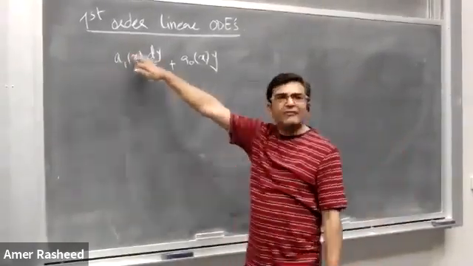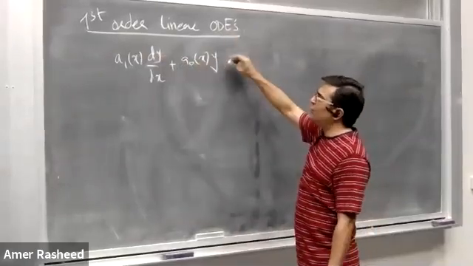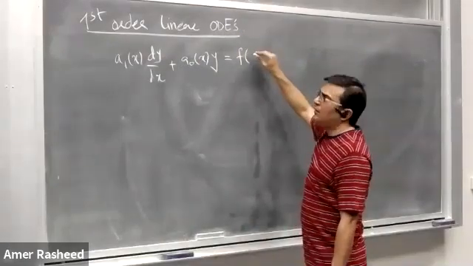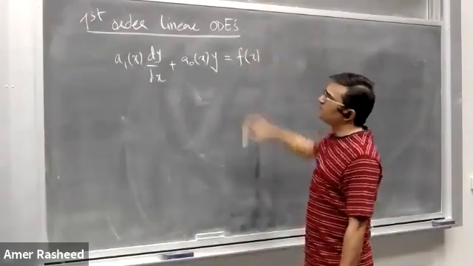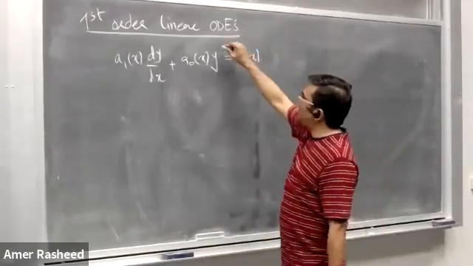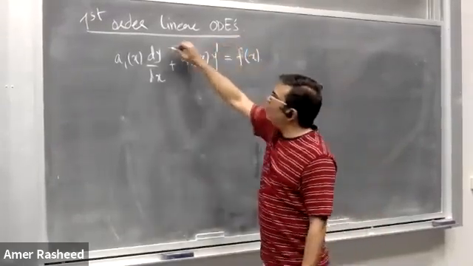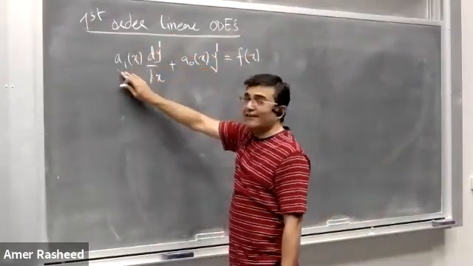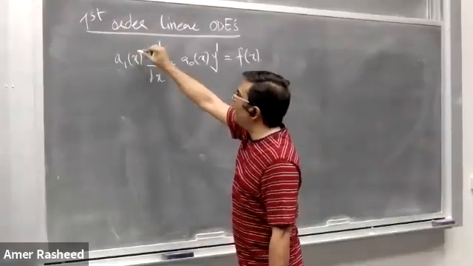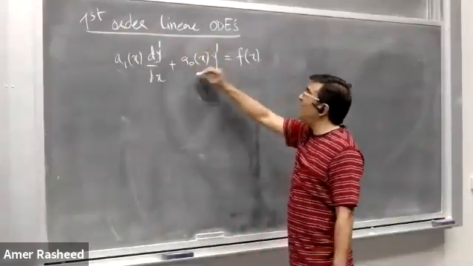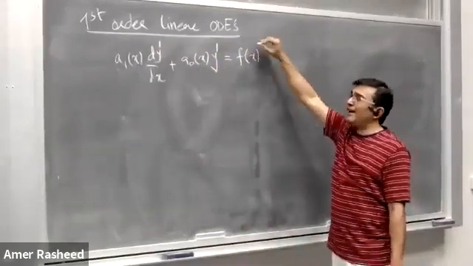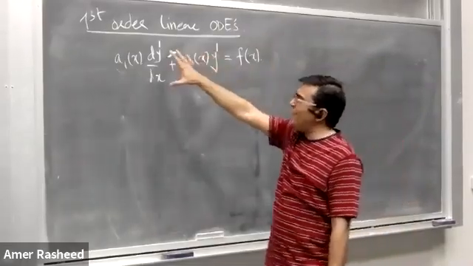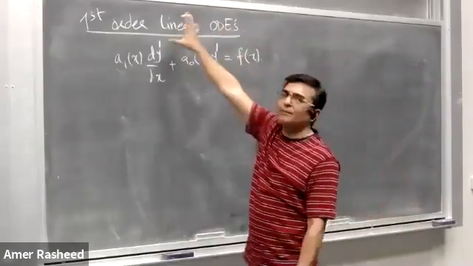If we are given this kind of differential equation, a1 of x dy by dx plus a0 of x times y is equal to some function, maybe f of x. You can see here that y is linear. The power of y is 1 here, and 1 here. The coefficients only involve functions of x. a1 of x is only a function of x, a0 of x is only a function of x, and the right-hand side is also a function of x only. It cannot involve y. If you have this kind of differential equation, then we can apply this technique,